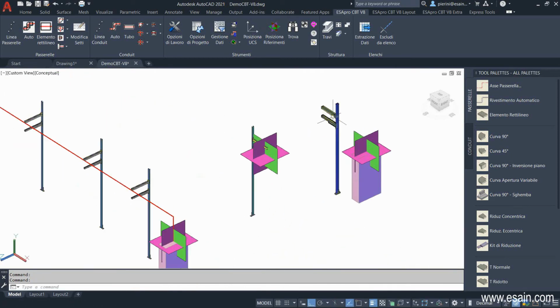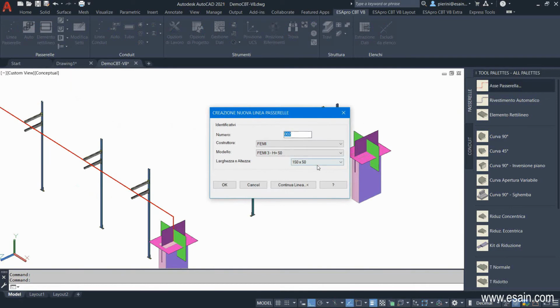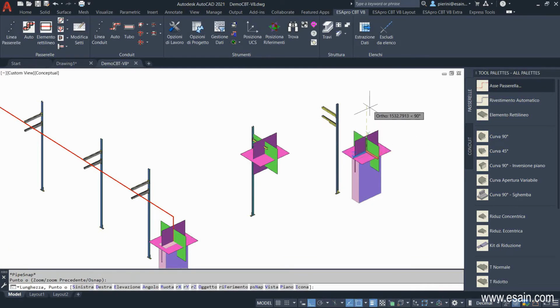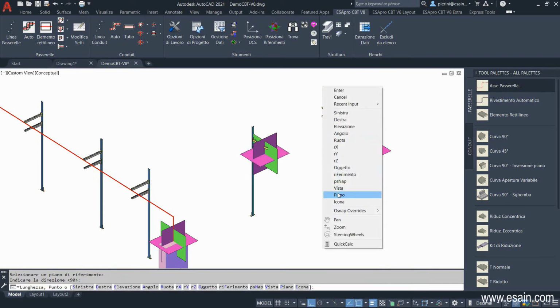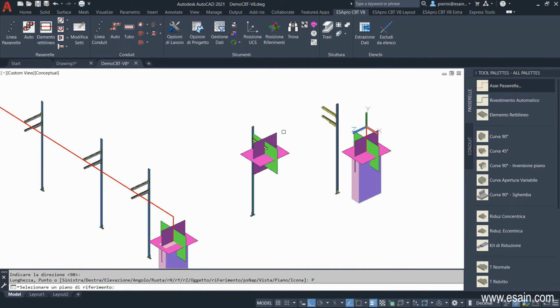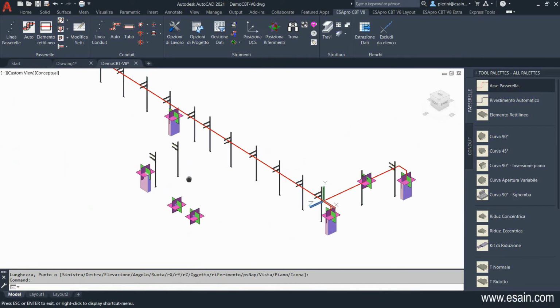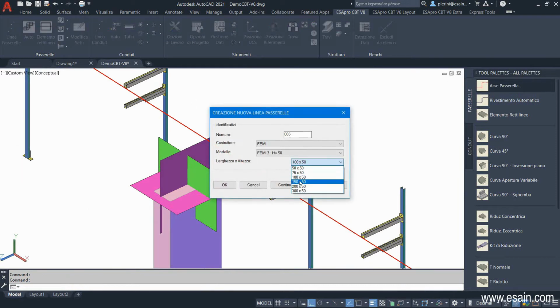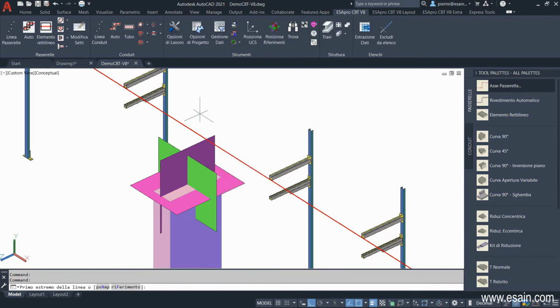Let's go now and draw the branch. This time we reduce the section and select 100 by 50mm. P-snap is ESAPRO's OSNAP that catches the reference icon node. The magenta plane brings us to the right elevation. Then we go against the red plane and end with perpendicular or snap. The first branch has been drawn. Here we have an intermediate branch, 150 by 50 millimeters, from P-snap to perpendicular.